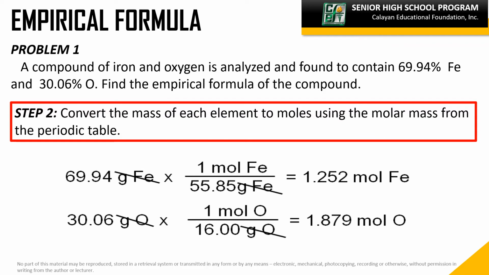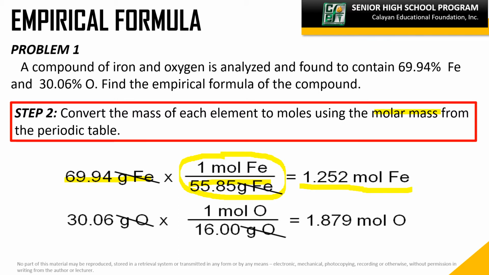For step 2, we have to convert the mass of each element to moles using the molar mass from the periodic table. So looking at your periodic table, the atomic weight of iron is 55.85 grams. This means that in every 1 mole of iron, there are 55.85 grams. In our given, we have 69.94 grams of iron. So 69.94 grams of iron multiplied by 1 mole divided by 55.85 grams will give you an answer of 1.252